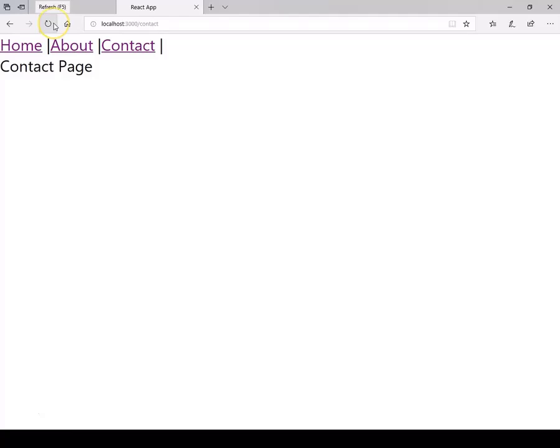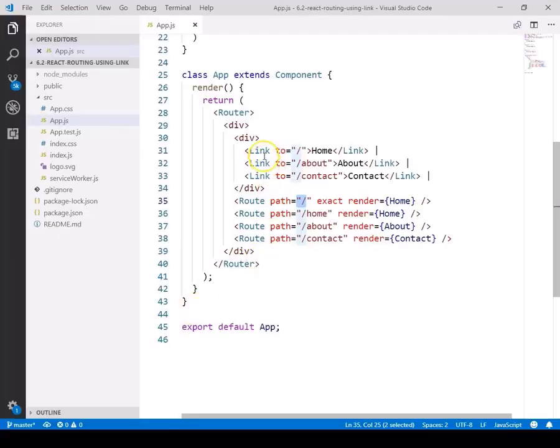That's called a single page application. As I discussed, what is a single page application? A website that re-renders its content in response to navigation actions or clicking on a link without making a request to the server to fetch new HTML every time. So when I click over home, I'm navigating to the default route, the about route, as well as the contact route. Thus, this link component takes a property which tells React Router the destination to navigate to.